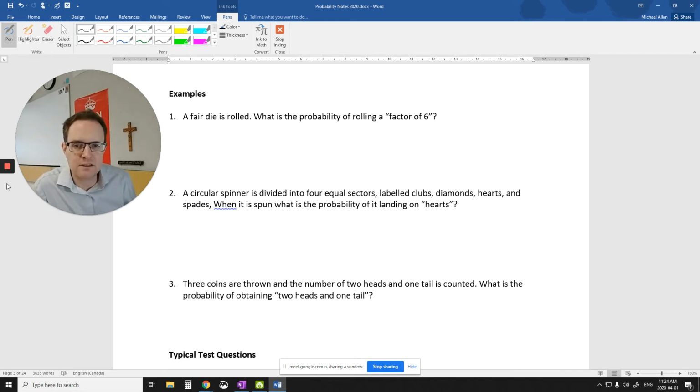All right, welcome back. So let's see what we got here. So a fair dice is rolled. So that means that all the sides are equally probable to pop up. Sometimes you can have loaded dice. What's the probability of rolling